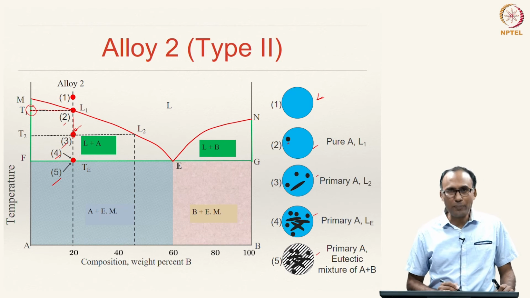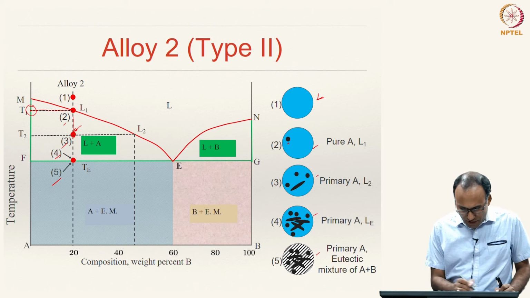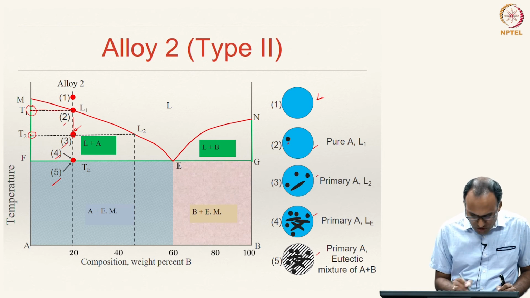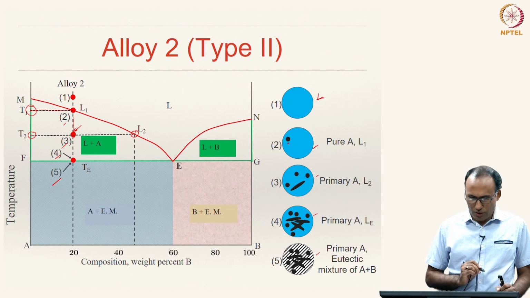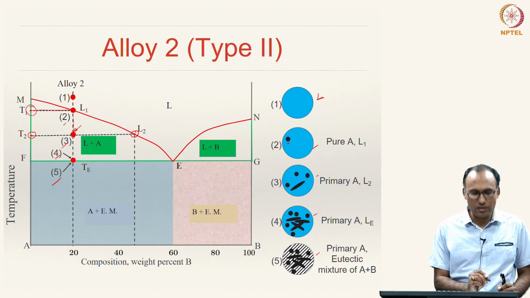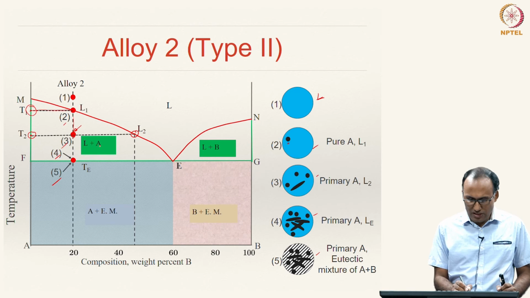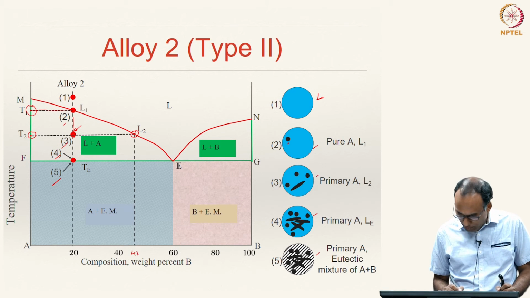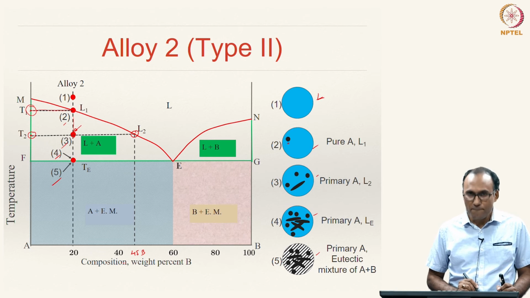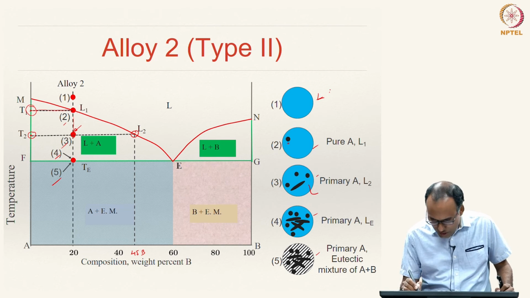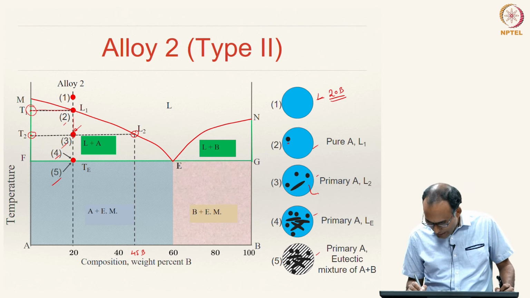So, this is at temperature T2, then you draw a tie line, the tie line hits the solidus line at this position and the liquidus line at L2. That means the solid composition is again 100 A, because it has hit at 100 A. And what is the liquid composition? That is coming out to be something like 45 B. So, initially the liquid is 20 B, by the time it came here it has become 45 B.